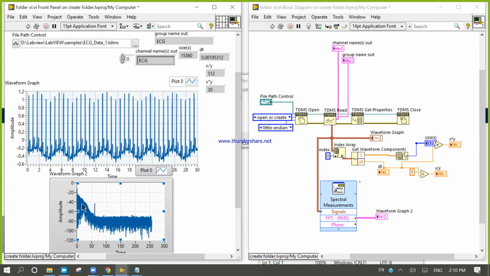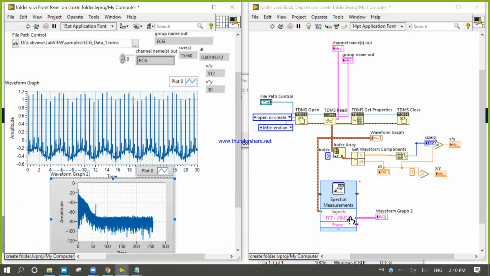So the maximum frequency is like, what is this? What is the problem? Let's see.